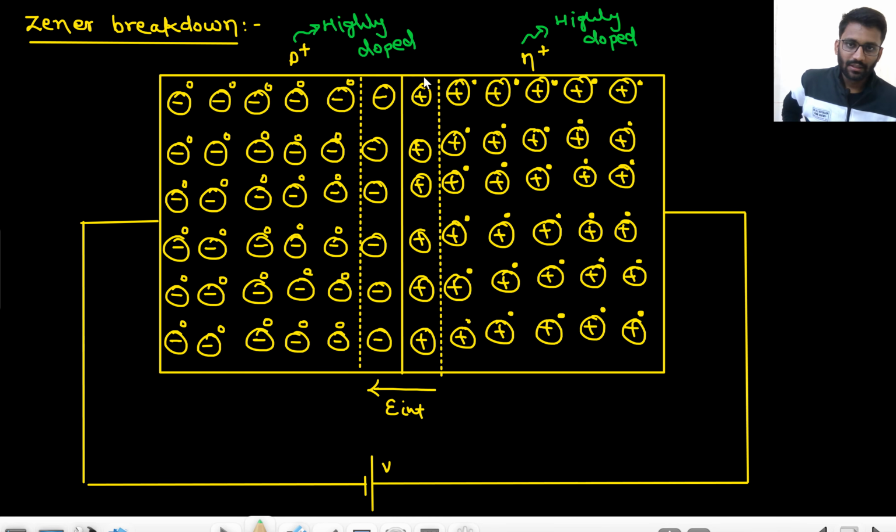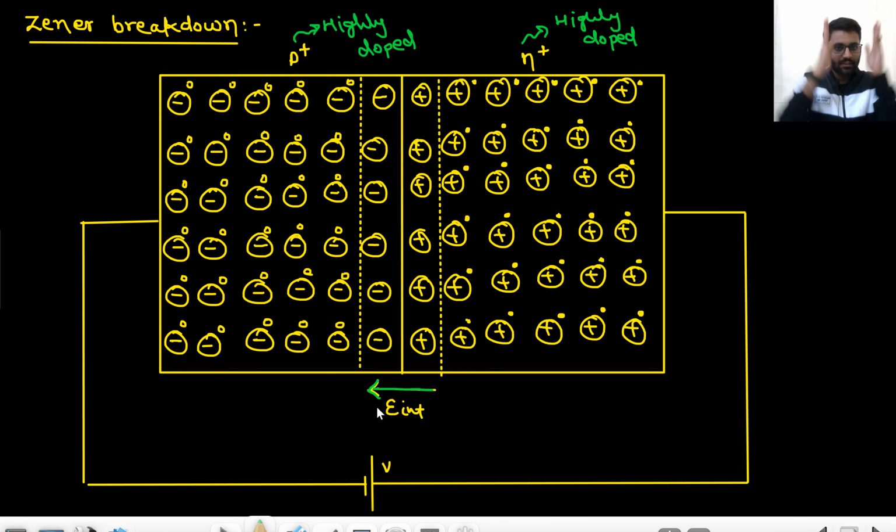Look, let's assume this was the electron here, this was the hole here. So the electron got diffused into the hole. Okay, this is fine. Now what happens? Since there are a lot of plus and minus charges, that means there will be a high electric field here, right? High internal electric field, because